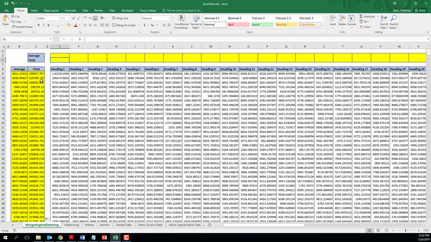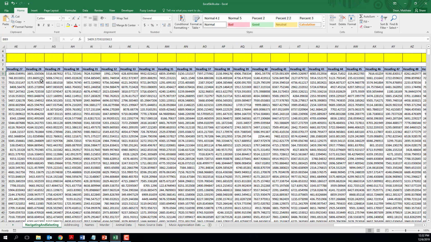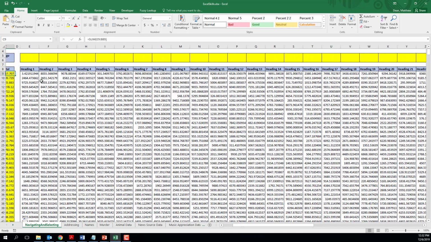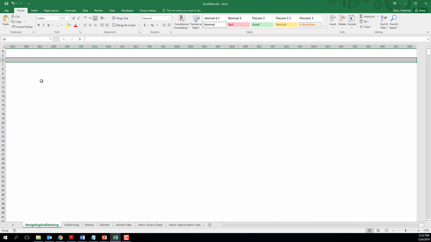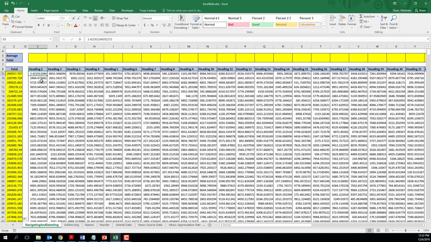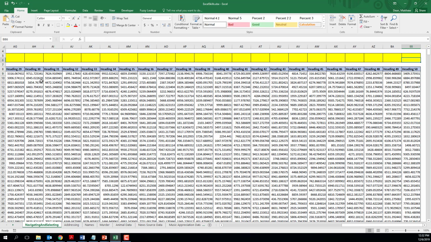Now, what do we want to do about the stuff at the top? So we want average and total again. This time, though, we want it over the columns. So again, we want to pick the entire part of yellow, but if I come up into the beginning of the yellow and hit Control Shift right arrow, it goes all the way to the end, which doesn't help me. So again, I have to go down below to where the data is, hit Control Enter to get to the end of it, go up,